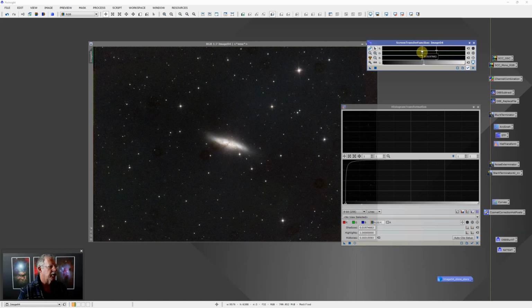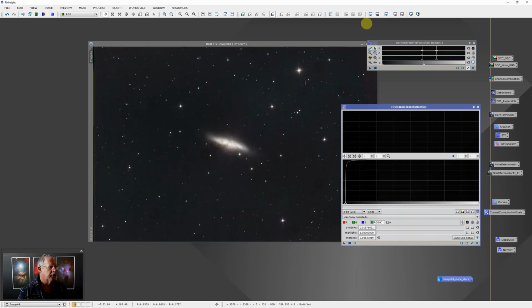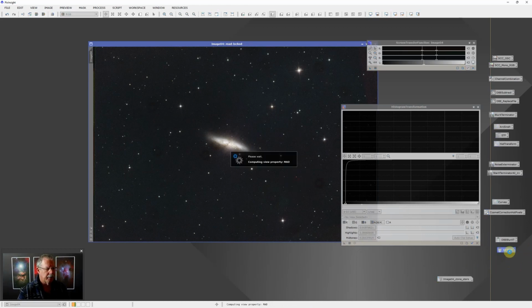Just kind of fine-tuning the sliders. Once I get it so that it looks good, copy it down, apply it, turn off the screen stretch, and now I want to run Noise Exterminator and Star Exterminator, and for that I'm going to use a process container. A process container contains multiple processes, just like an image container would contain or represent multiple images. And so I have Noise Exterminator and Star Exterminator combined in one process container. That way I can just run them both in one fell swoop by dragging it onto the image,